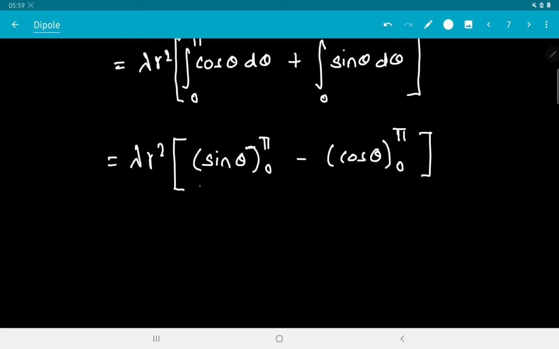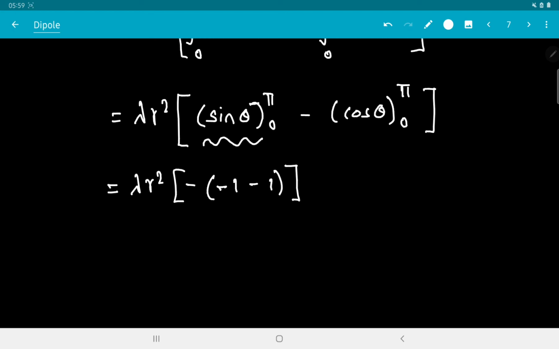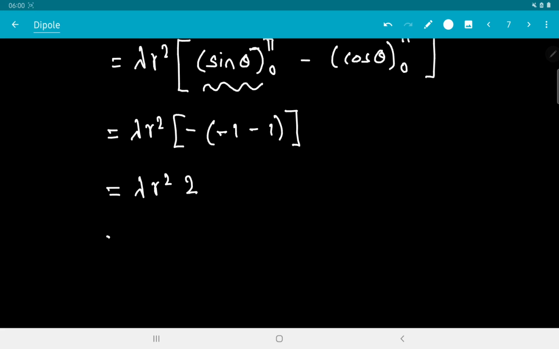Okay, this term is going to become 0 because sine is 0 at both pi and 0. So what will be left is minus cos pi, which is minus minus 1, minus cos 0, which is minus 1. So we will get lambda r square, this will be 2. Now let us put the value of lambda. Lambda will be q divided by